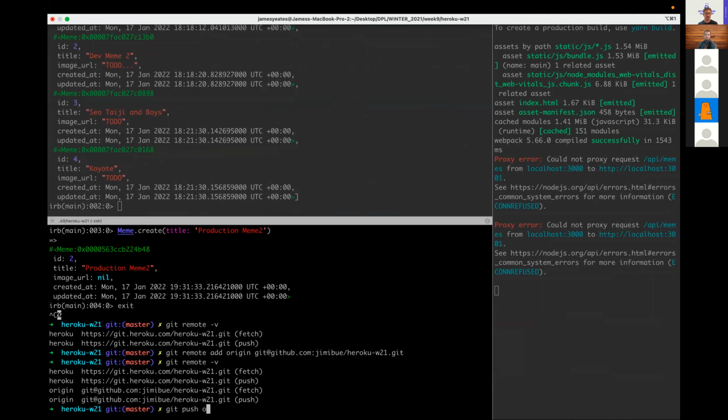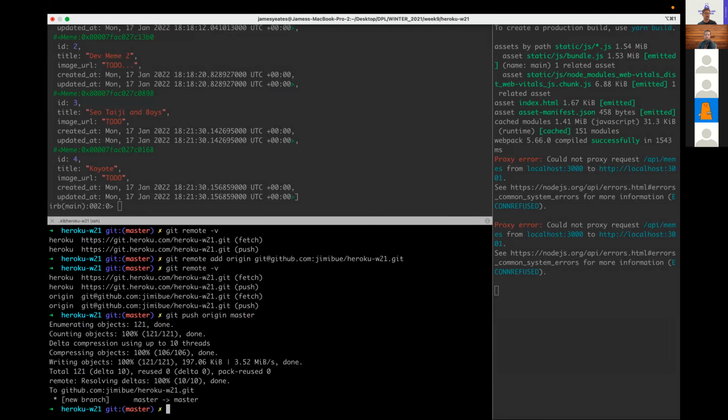So if I do a git push origin master, that's going to push this code up to GitHub, not to Heroku. And these two are not connected. You can connect them, you can set it up so that when you push to your GitHub master, it will automatically trigger a build in Heroku. You can do that kind of setup stuff. But how the flow is going to be,